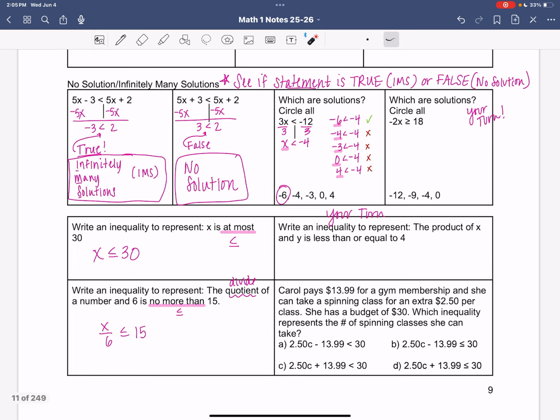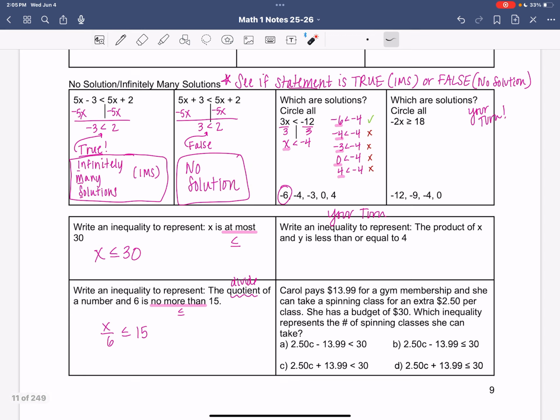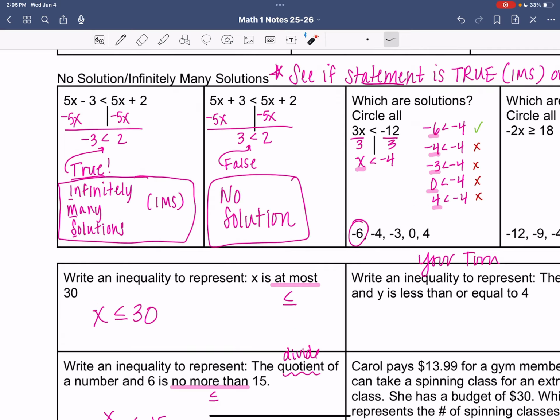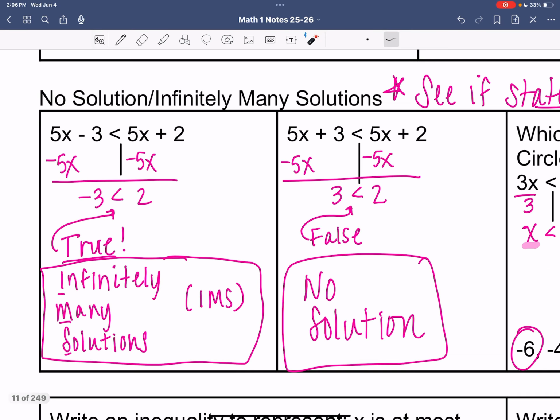And graph them. All right, so now we have no solution and infinitely many. It's important not just to look at the numbers, but you want to see if the statement is true or false. So let's look here. First, I like to move the variable first. So this is going to be my variable side. That cancels out. I'm left with 2, -3. Uh-oh, my variable canceled out on that side too. So since your variable canceled,